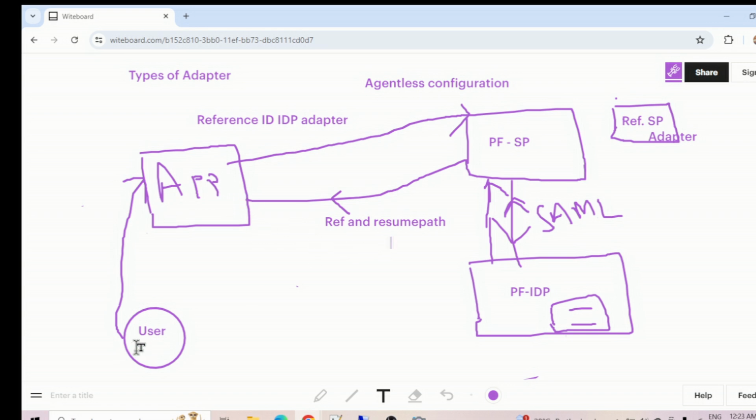Now how can the app verify the user? Using the reference and resume path, it's not going to work that way, right? In this reference maybe the user session is stored, but the application is not able to understand that opaque number or get the user information from it. Now what happens is, once the application receives this reference and resume path,